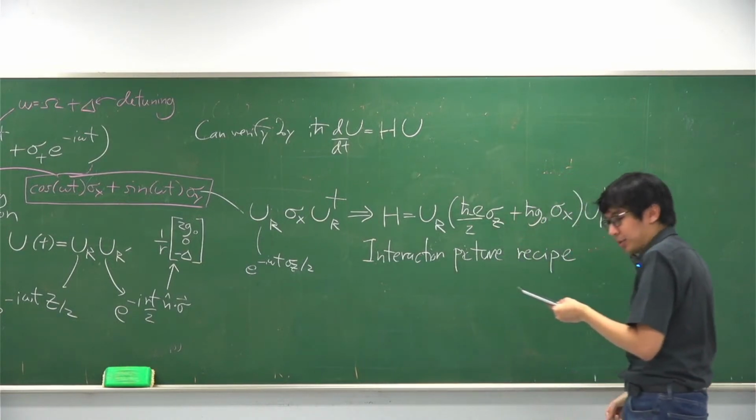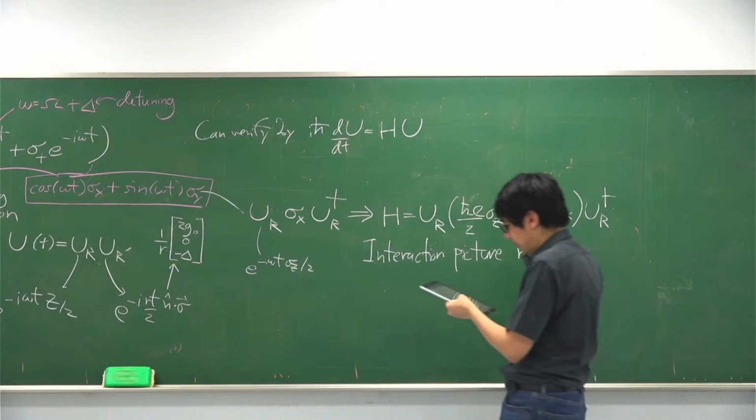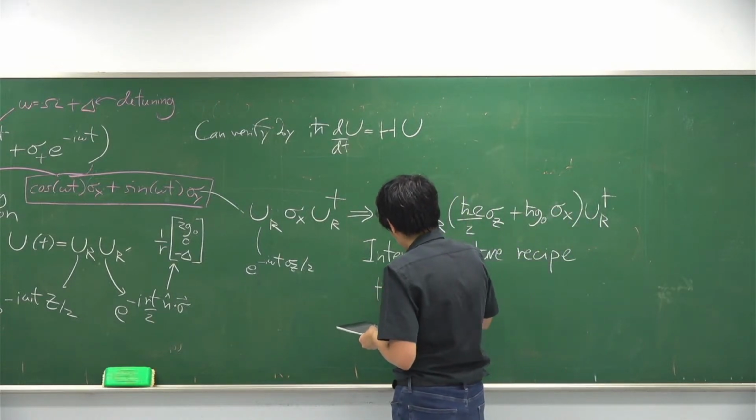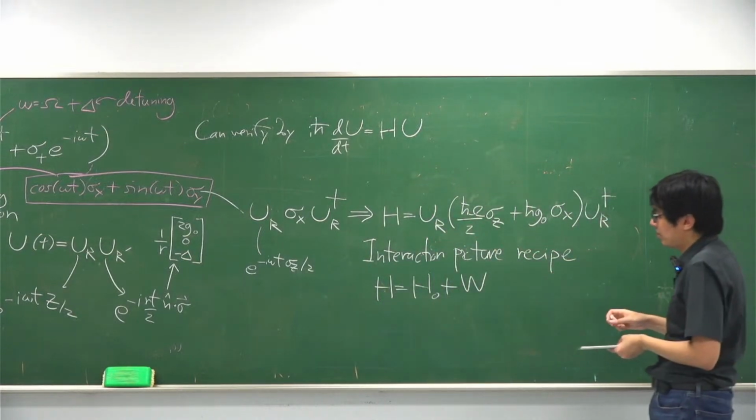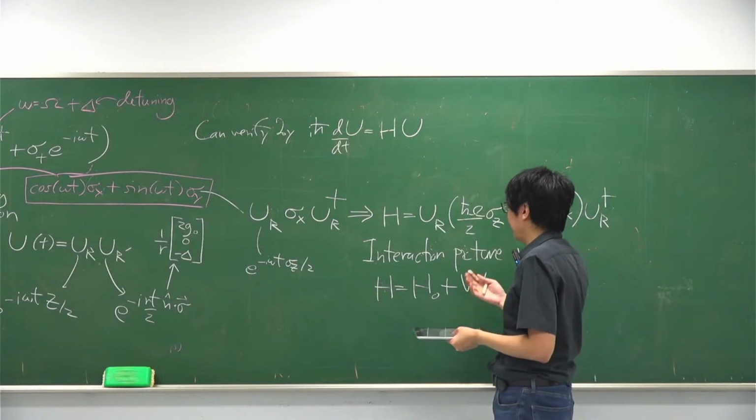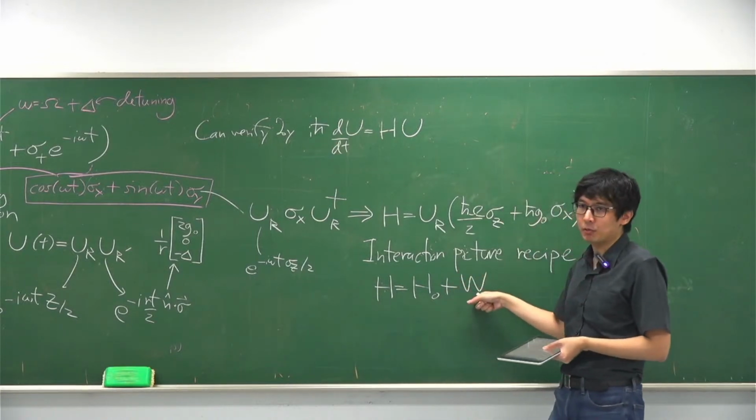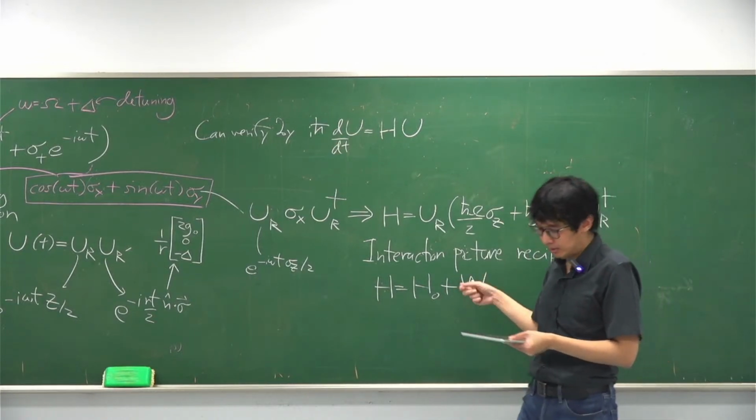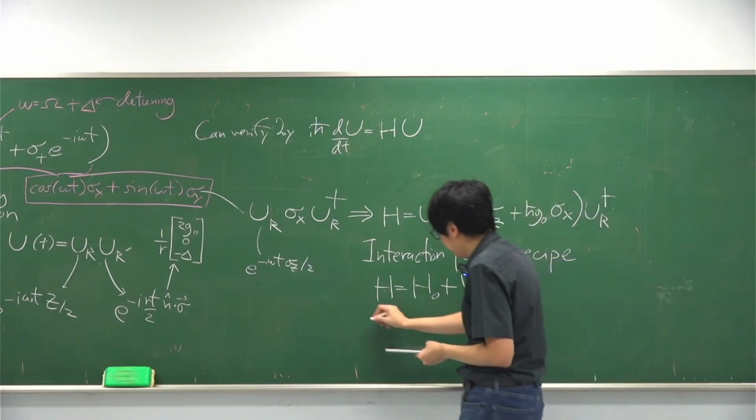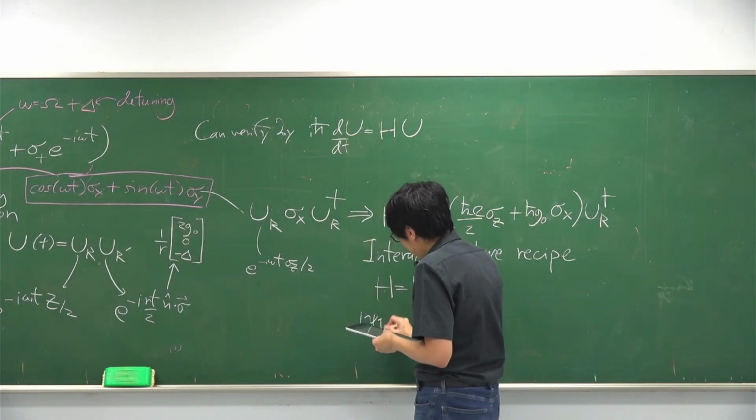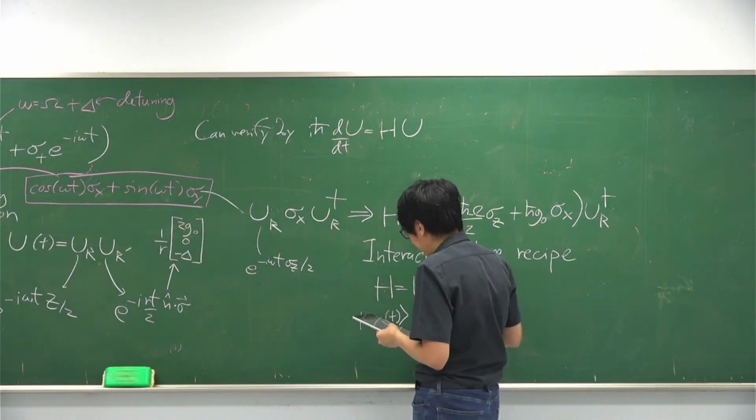So the recipe to go into the interaction picture is that suppose I can write the total Hamiltonian as sort of, well, in perturbation theory, the W would be the perturbation, right? And the state vector in the interaction picture